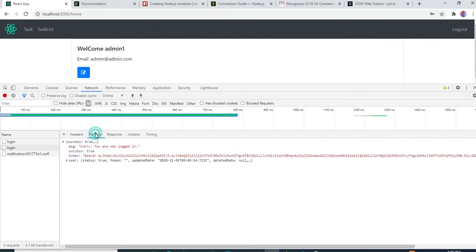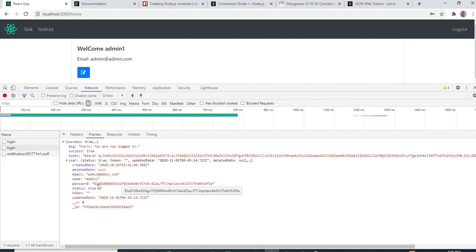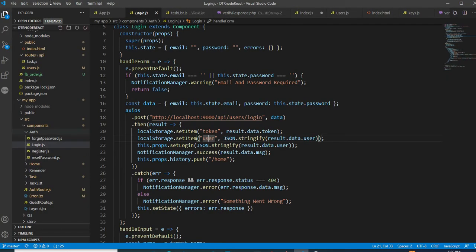You got a response: you are logged in, success true, token, this is a JWT token, and this is the user detail, all the user info like name, created date, deleted date, status, like that. So now you understand how the data is consumed here in the front end after getting a response.